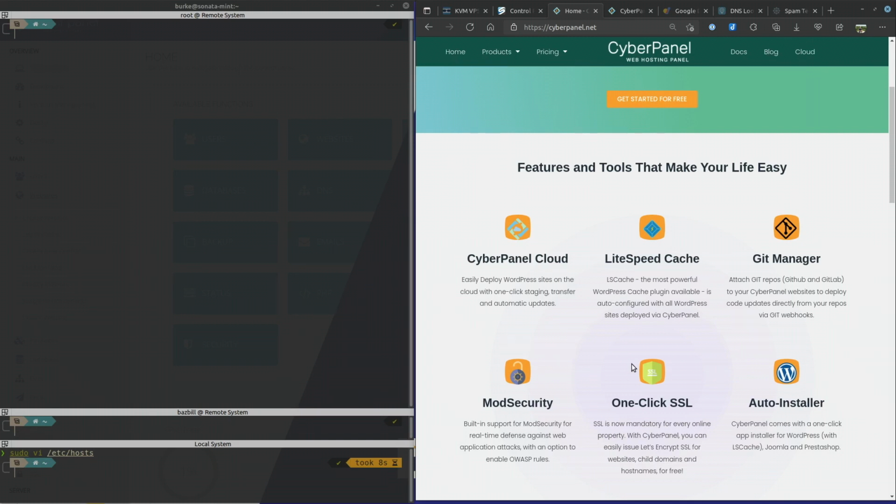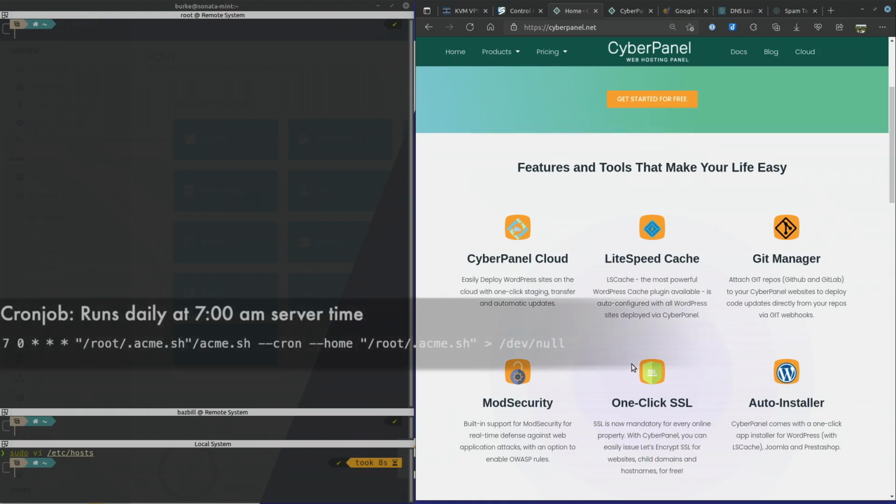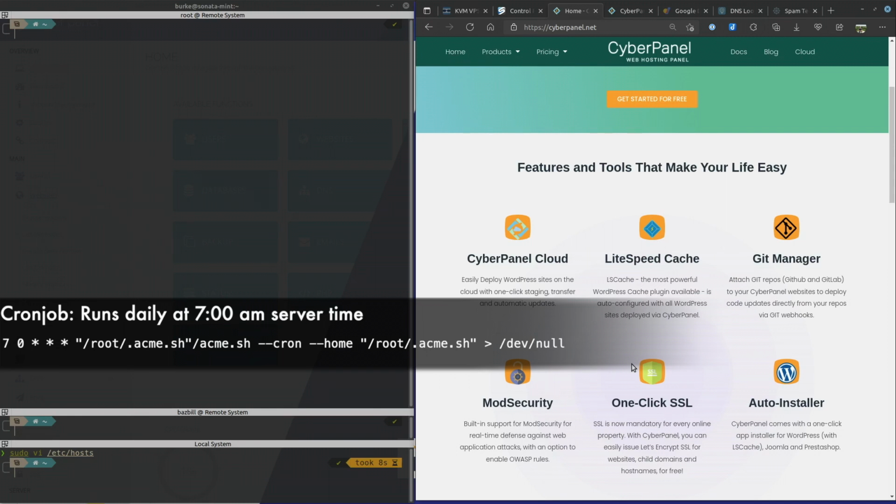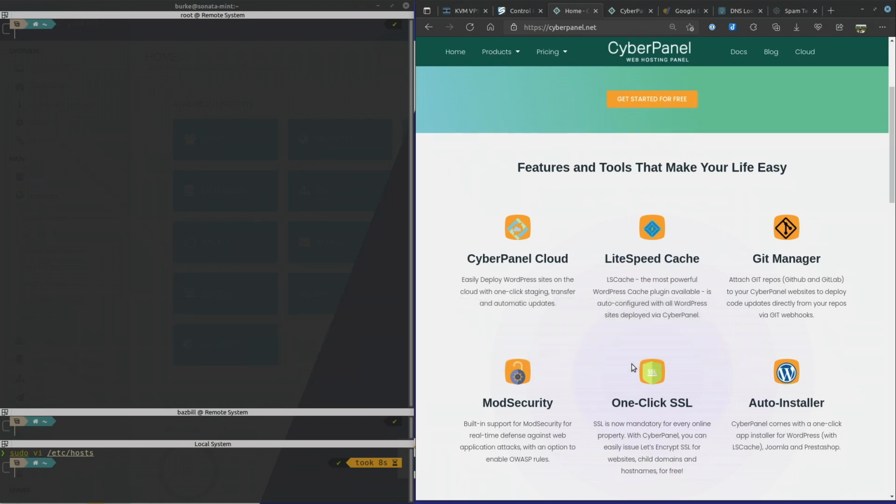Now, the caveat here is SSL certificates are only good for 90 days. With Let's Encrypt and CyberPanel, there are much easier ways to keep that SSL certificate valid. When CyberPanel gets set up, it is going to create a cron job that will check your SSL certificates, and it will get them renewed on a regular basis so that you don't have to worry about that. It is a good idea to keep an eye on it, though, because I have seen in some of the community posts that occasionally people do have issues with their certificates not renewing. And it's simply a matter of logging into CyberPanel and issuing SSL, and you can get that fixed pretty quickly.